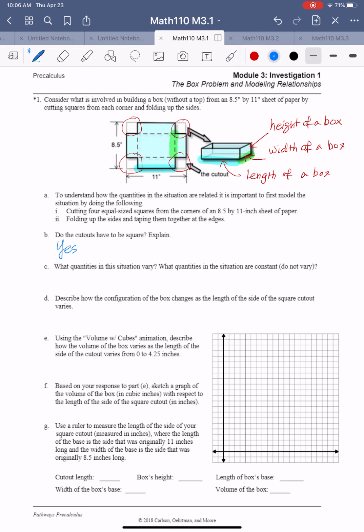because what if it's not square? Say there's a piece of paper and you cut it as a rectangle. Of course, this has to be the same size at the 4 corners. And then what happens if you're making a box, as you notice, maybe we'll get this much, right? And this becomes the length of the box, and then the width of the box must be this one. So the width of the box is very narrow,